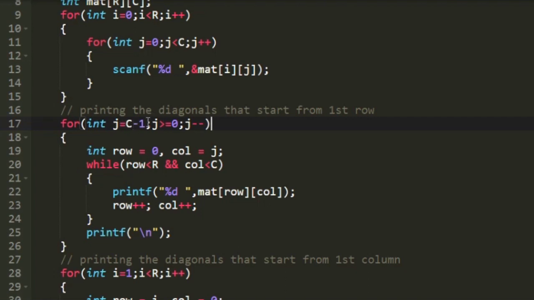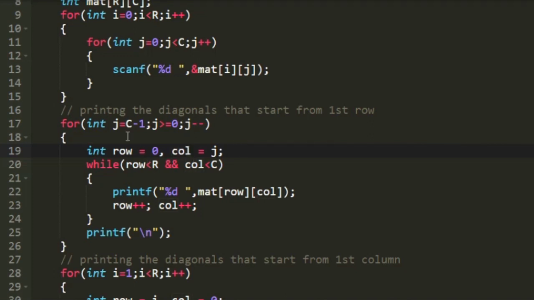And in every iteration of this loop, first I am creating two integer variables. The first integer variable is row, and I am assigning 0 to it because the row value is constant. The starting point for every diagonal is always present in the 0th row. So I am setting the value of row to 0, and I am storing the value of j in another new integer variable named column.